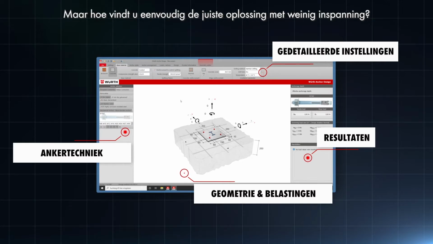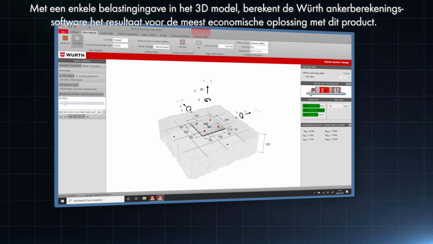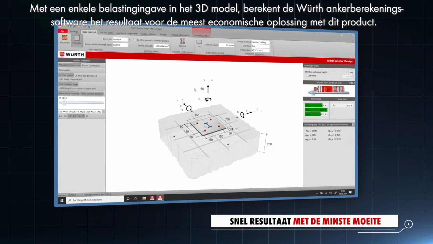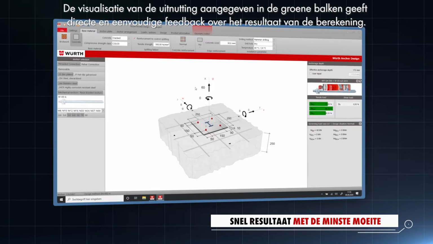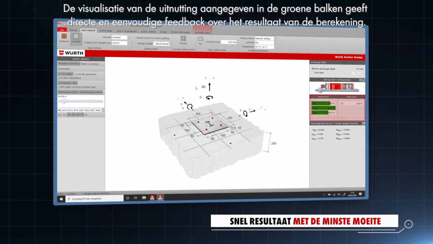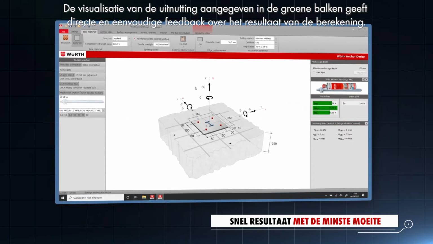But how can you quickly find an economical solution with as little effort as possible? By entering the load in the 3D model, the Würth anchor design software automatically calculates a result with the most economical product. The visualization of the anchor utilization with green-colored bars notifies the user right away whether his or her